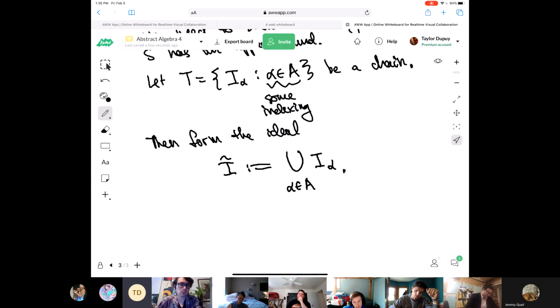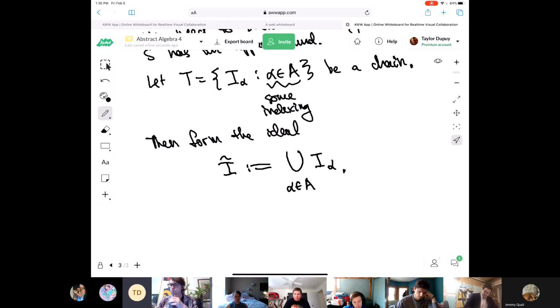It just is because, normally unions of ideals are not ideals. Okay, if I just took two random ideals and I took their union, that's not an ideal, right? It turns out that these are all nested, right? And since they're all nested, if you take two elements and you want to subtract them, then they're both going to be in some high enough index, and then once you have them in the high enough index, you can subtract them, and they're in that element for that ideal of a fixed index.